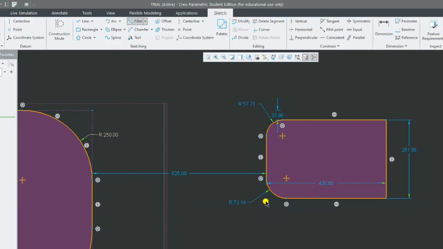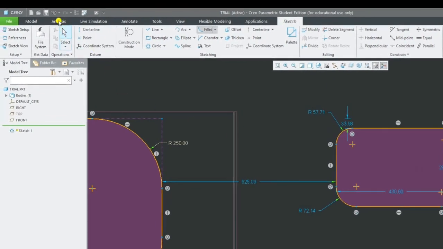It completely trims the drawing. Here we don't have any construction lines appearing. It's completely gone. It has completely modified the drawing. Whereas in the previous one we have construction mode. Now if you want to redo it, just click on undo, or you can press Control Z. Now let us see the next one.